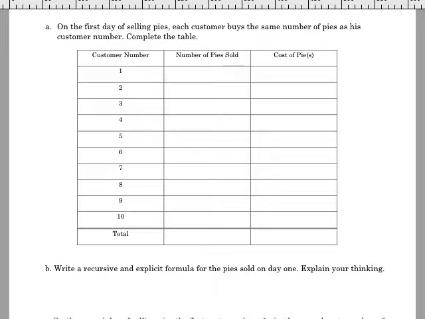In terms of completing the table, let's say you sold 1 pie. But say you sold 1 pie. You put a 1 in the number of pies sold. And then I don't remember the specifics. I didn't read it about what the cost would be for 1 pie. But that dollar amount goes here with 2 pies, 3